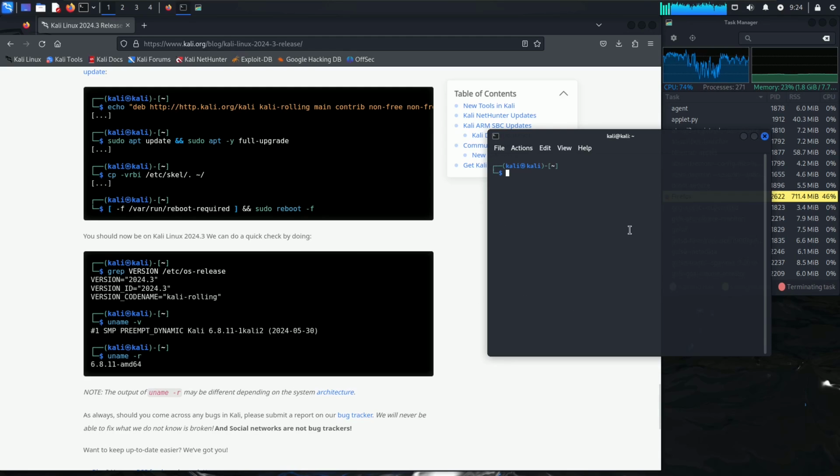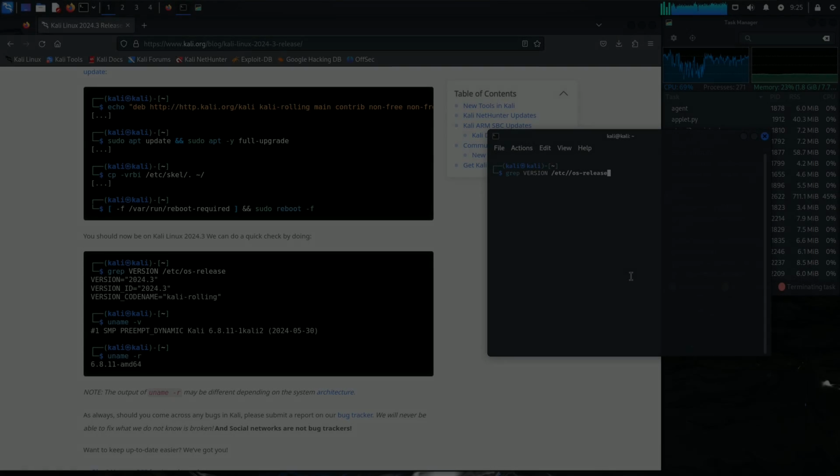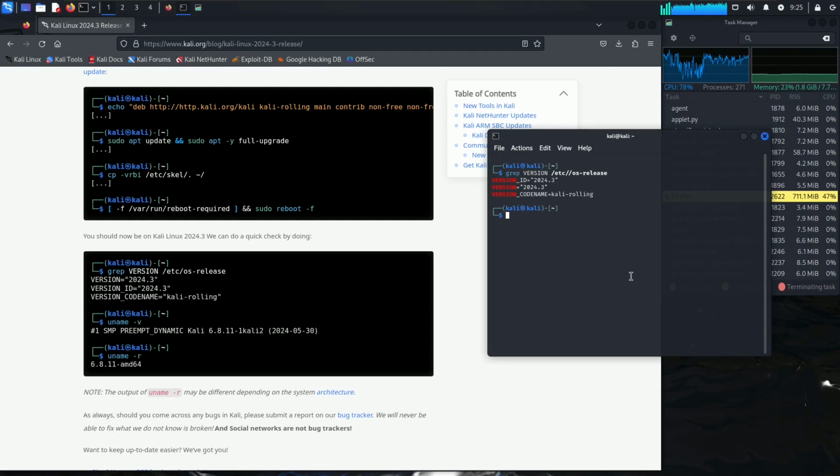About the system requirements, I'm going to show you after typing all those things. Let me type in first the version. I just type in like this, and you should be seeing the version. Here we are seeing the version 2024.3, and the code name is Kali Rolling, and you just need to type in uname -v.